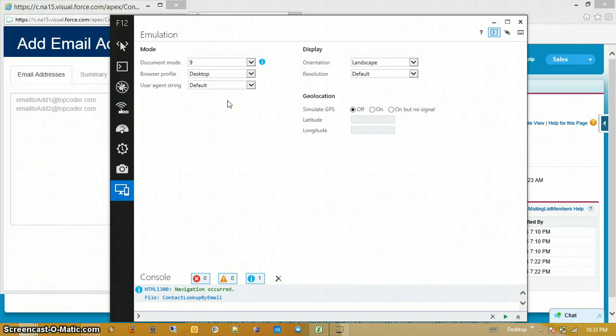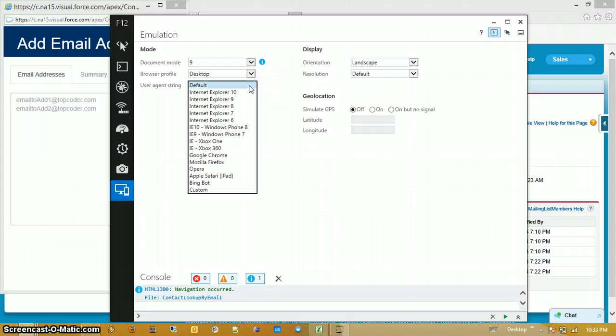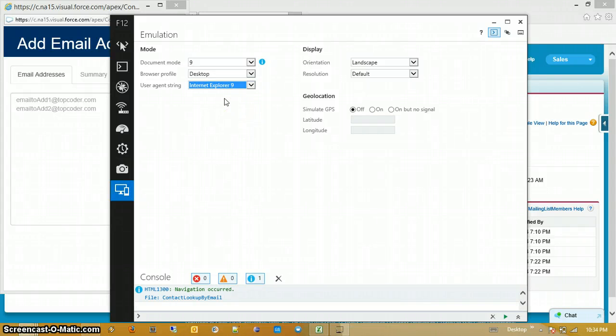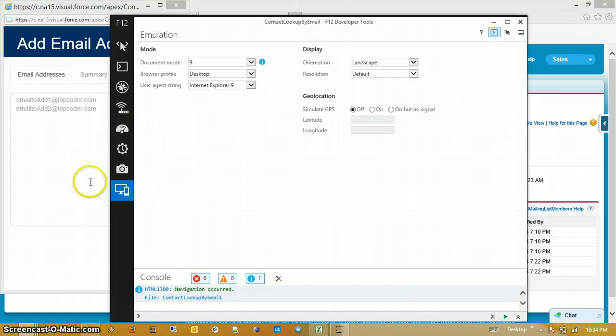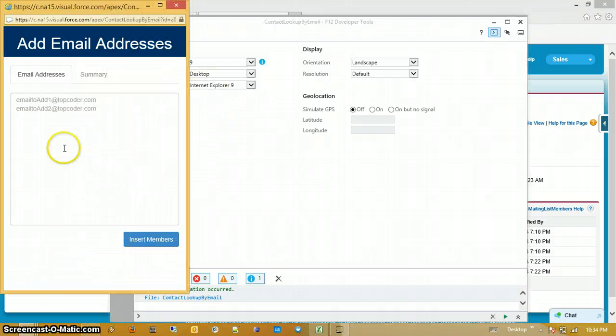I'll choose this. Choose IE9. Okay, I'm sorry about that. I have no idea why it did that. So now this page is in the IE9 mode, right?